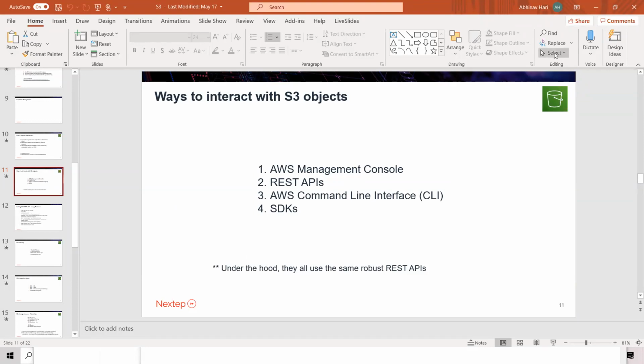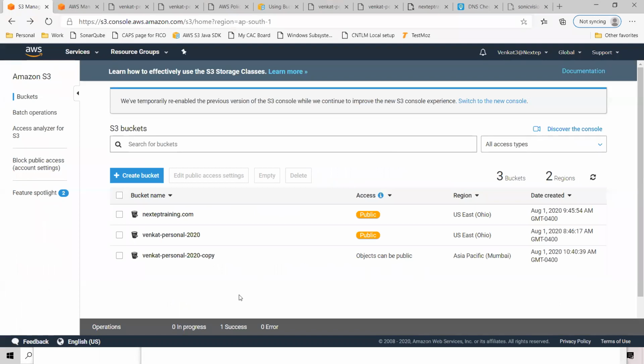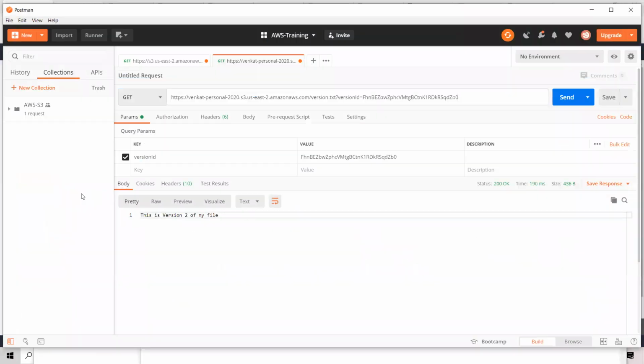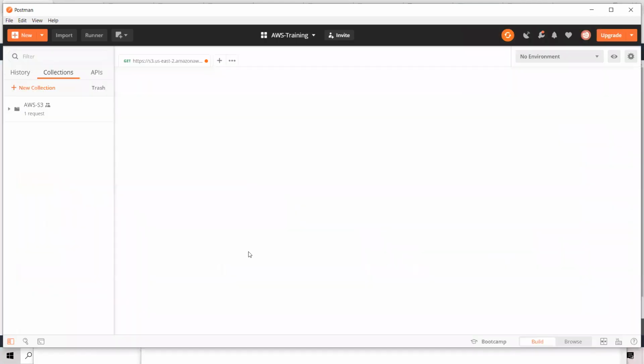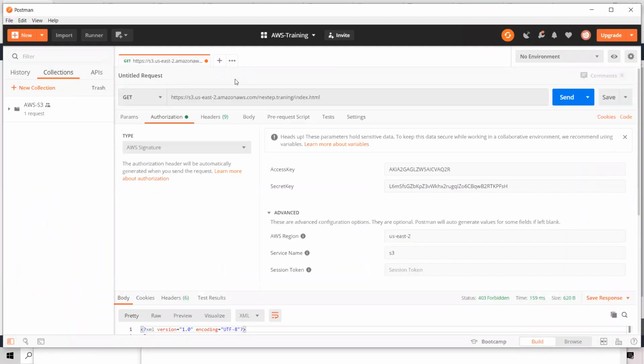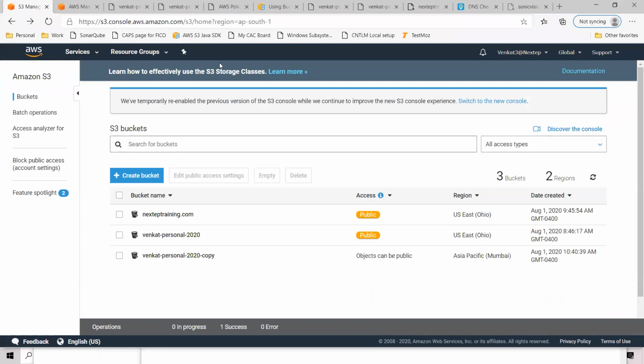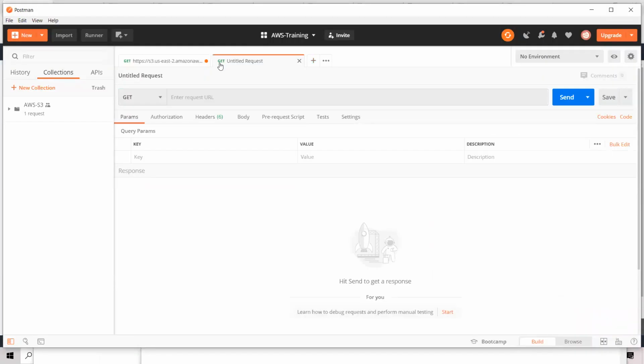But if you really want to, I'll show you a simple example. I'm using a tool called Postman. Postman is used to test your REST APIs.